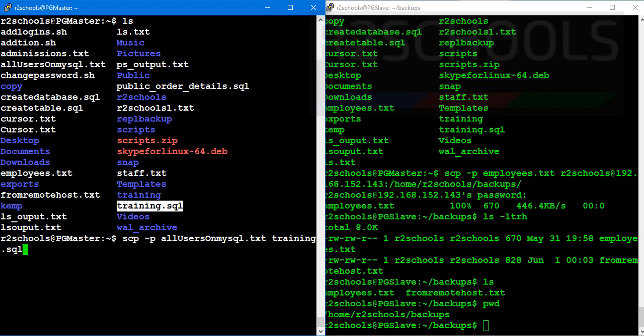Just give a space and provide the list of the files. Then provide the target, username and hostname or IP. Then provide the target host directory path.